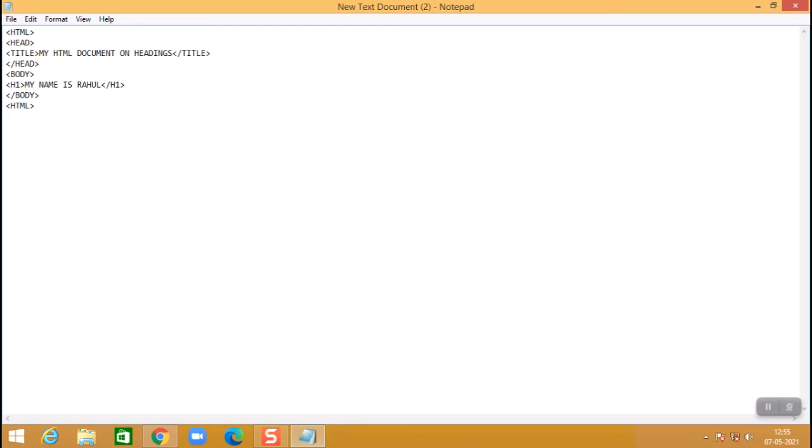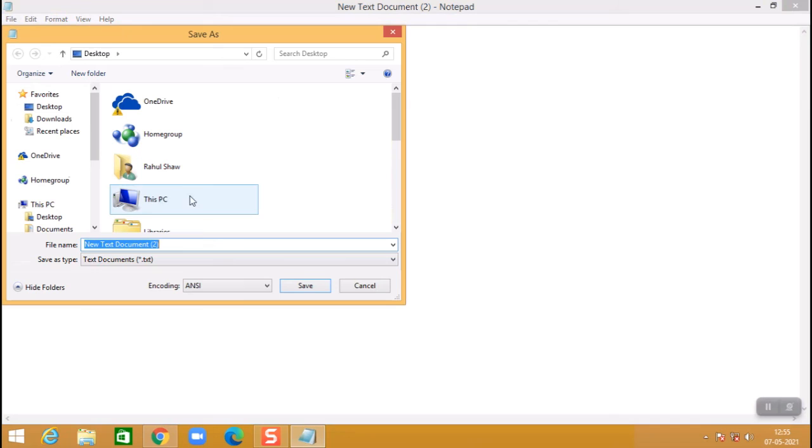Okay, so I will save. Now where to save? It is a very important thing. So how will you save? You can give any file name, but you have to give .html. Just as while writing your Google ID, such as Rahul Shah at gmail, after Gmail you have to write .com, because .com means communication.